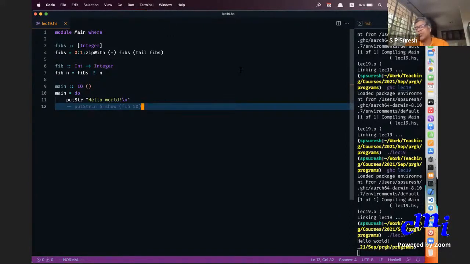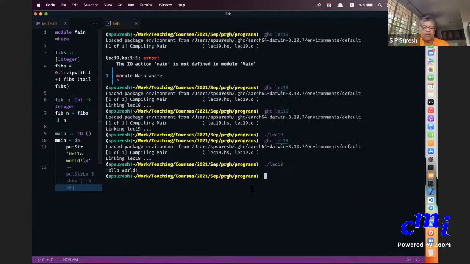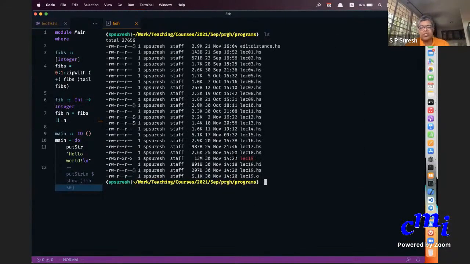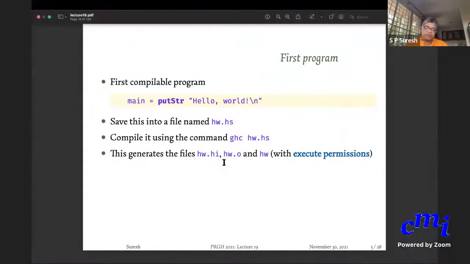So all you care about is this lec19 file. This file that is displayed in a different color here, that's what you care about, and you want to execute that. Okay, fine. So you can run the executable file using ./ and whatever your file name is.